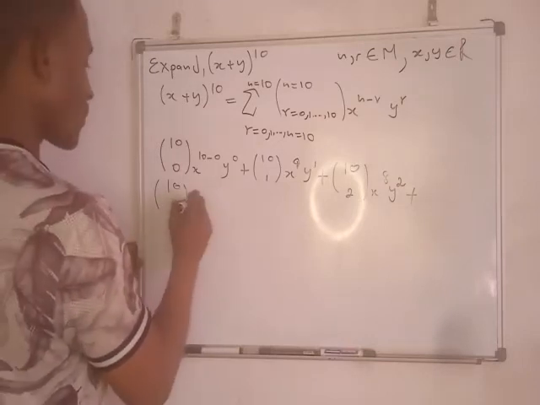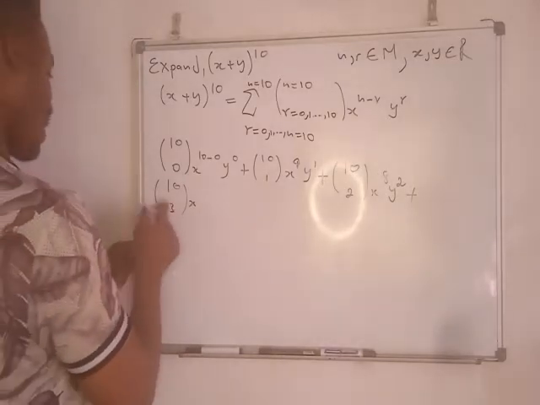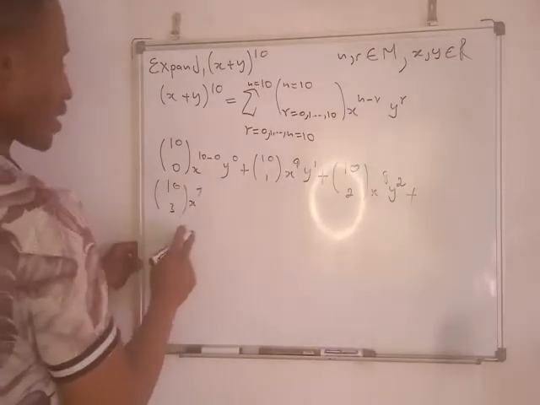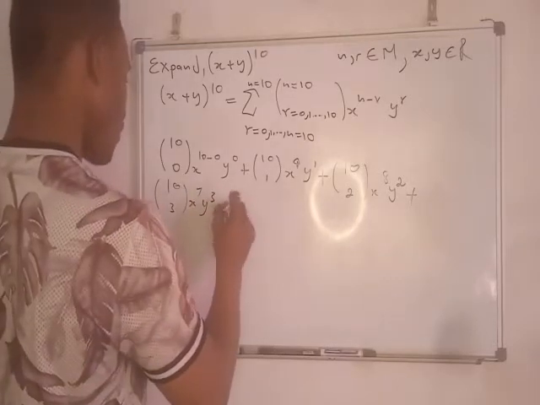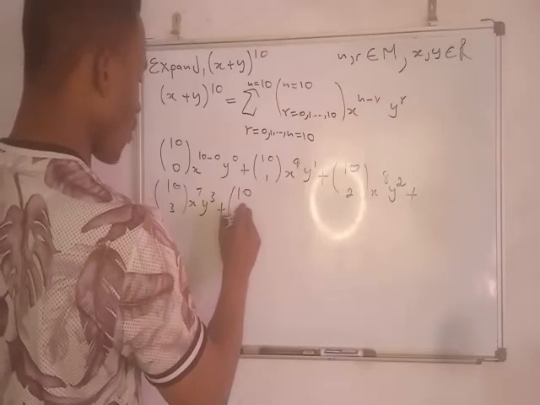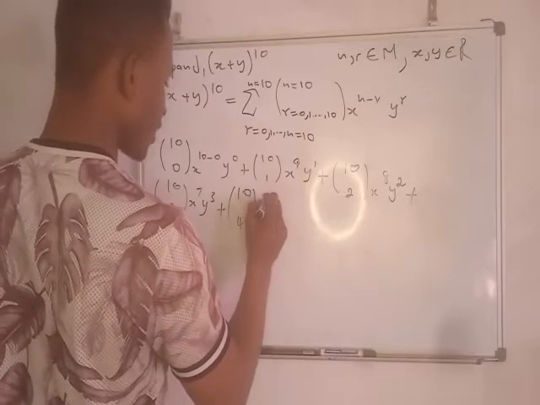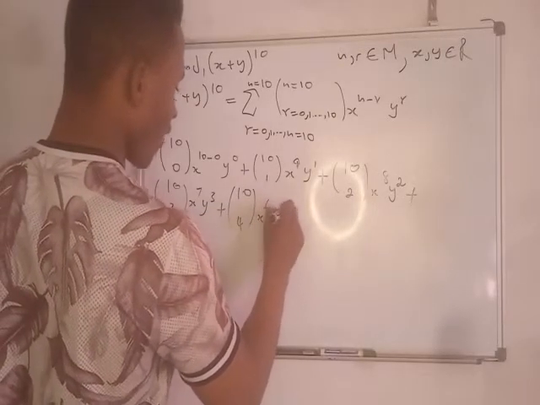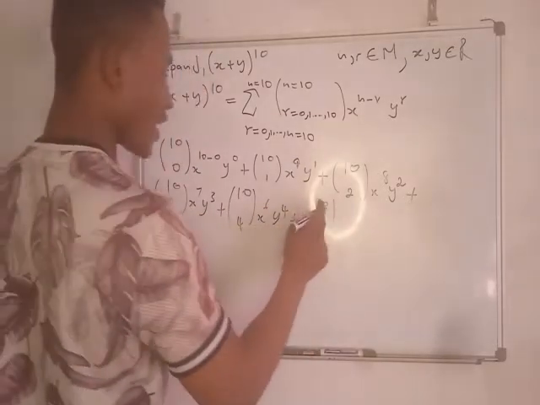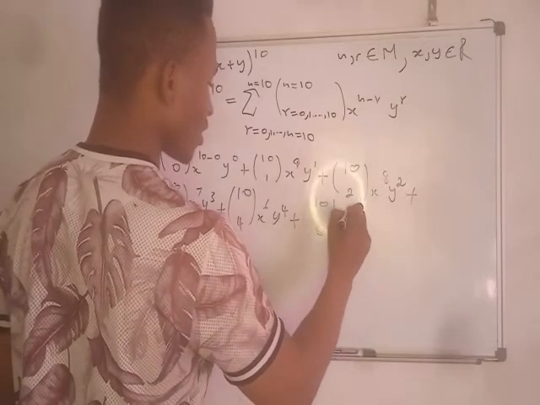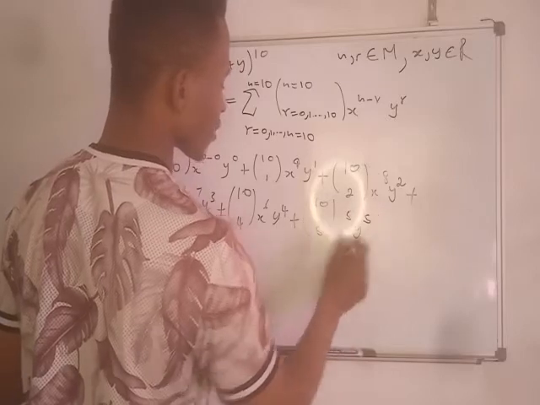So it's x to the power 10 minus 3, which is just 7, y to the power 3, plus 10 combination 4, x to the 10 minus 4, which is 6, y to the power 4, plus 10 combination 5, which is 10 minus 5, x to the exponent 5 and y to the exponent 5, because this is my r,